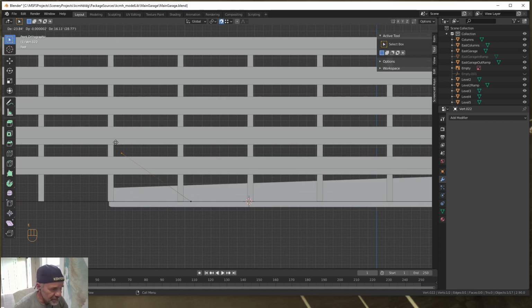If I use my mouse to extrude, I can do it that way, but I want to be more precise, and we're going to extrude it in the X direction, minus 20 feet. I mean, sorry, we're going to extrude it minus 30 feet because that road is,